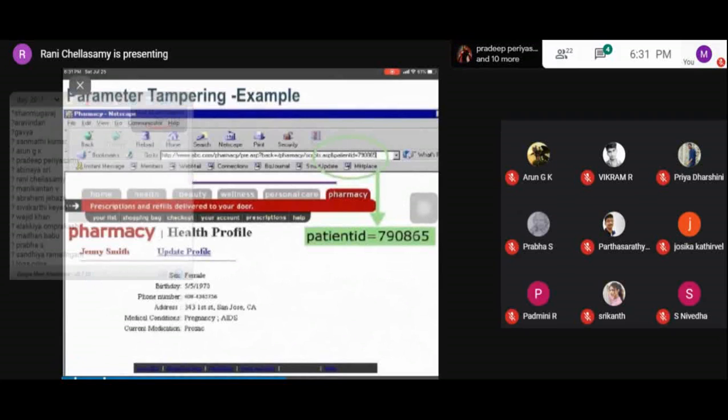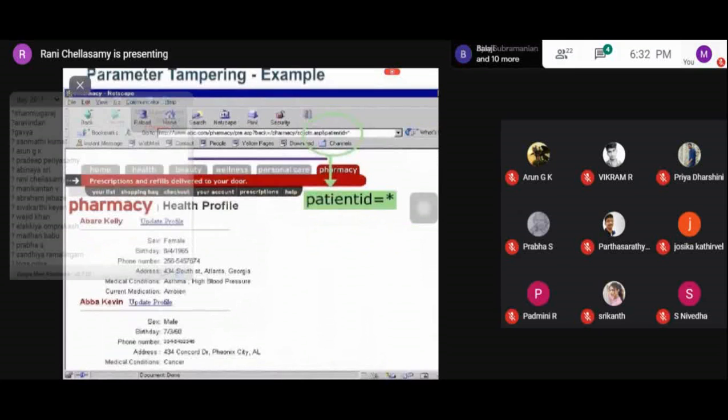The hacker can modify the hidden field values, which causes the web application to incorporate them. Parameter tampering is a form of hacking that creates a change in the URL that is associated with the web page.